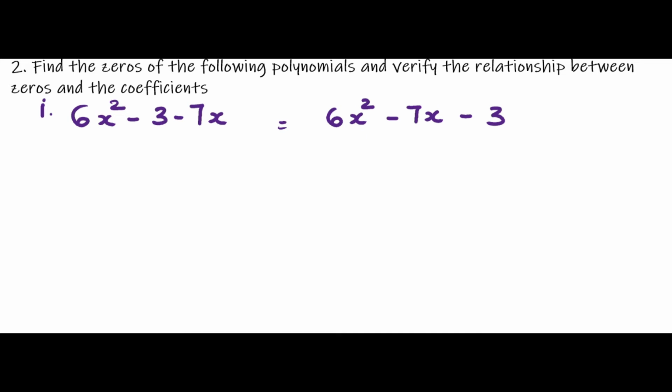Now you can consider the zeros of this polynomial. Here the x square term is not equal to 1, so you have to multiply the x square term into the constant term. So you have to get p plus q is equal to minus 7 and pq is equal to 6 into 3,